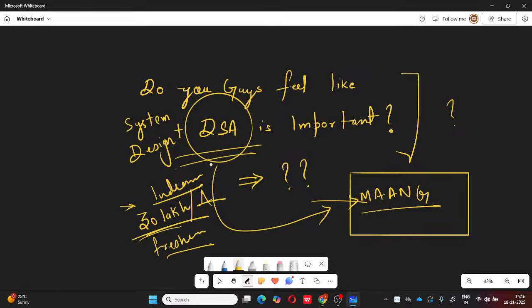Why does it become so important in all of our lives, this DSA and everything, right? As a computer programmer, why do these two things play a very important role? We need to understand this, right? So, any one of you, do you know why these two things are very important? Would you like to tell me about this? About what you know about it and what you feel about it? Anyone? See, guys, let me tell you one thing, right?